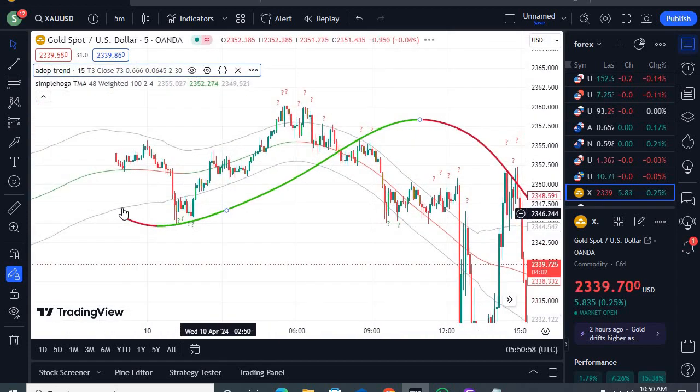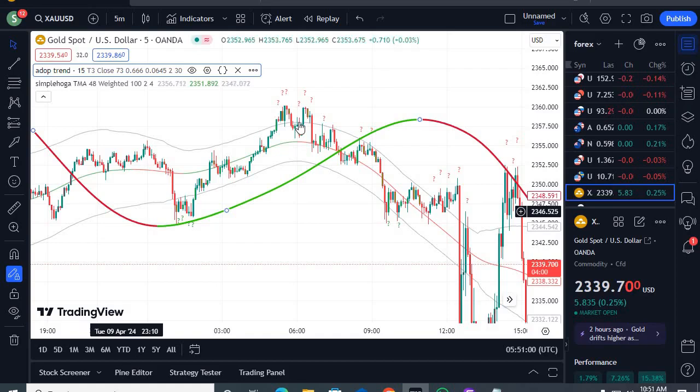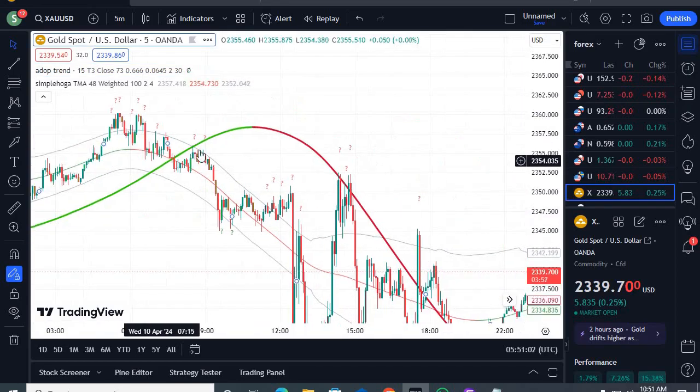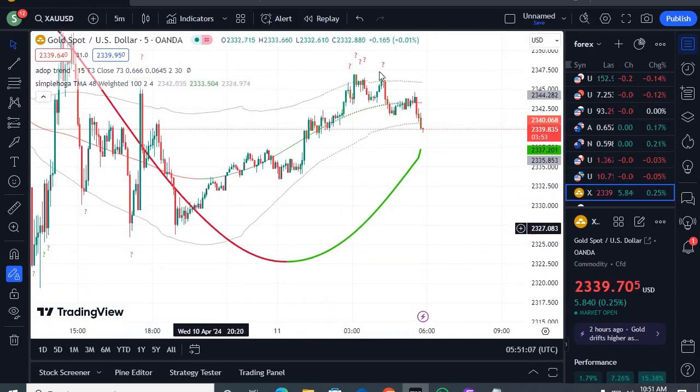You can see, when the top trend line is crossing the lower band, the market goes up, and when the top trend line is crossing the upper band line, the market goes down, and then goes up. So this is the scenario for all the strategy, amazing results all the time, and you will get consistent profit all the time.